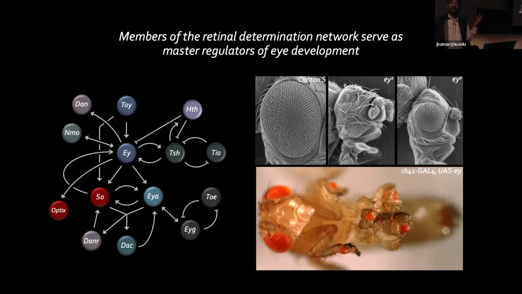Those are anatomically identical to the endogenous compound eyes. They can respond to light with electroretinograms. If the compound eyes are located somewhere on the head, you can get a second order response from the brain. The ones that are farther away do not connect their axons to the brain, so you only get the initial response and not a second order neuron response.